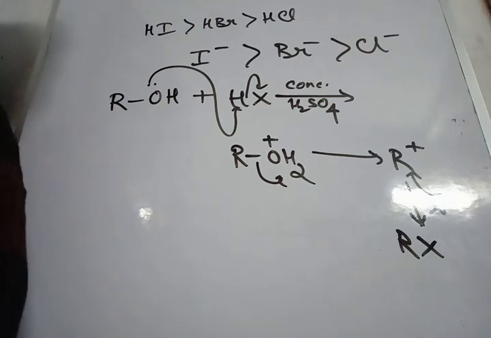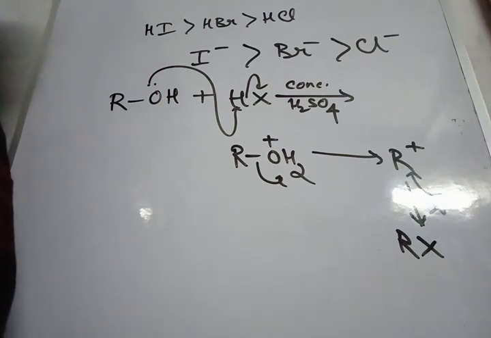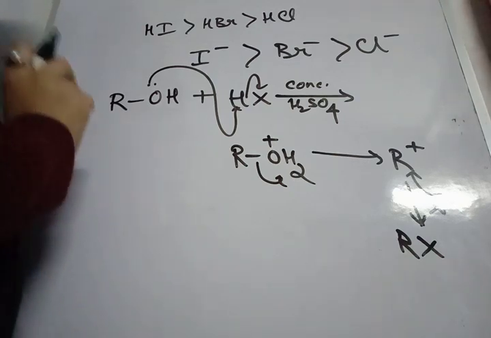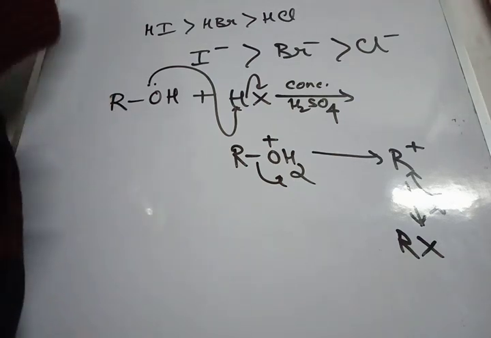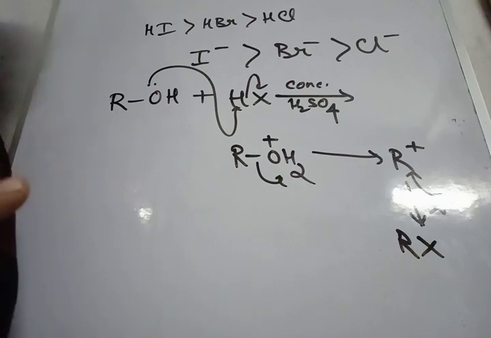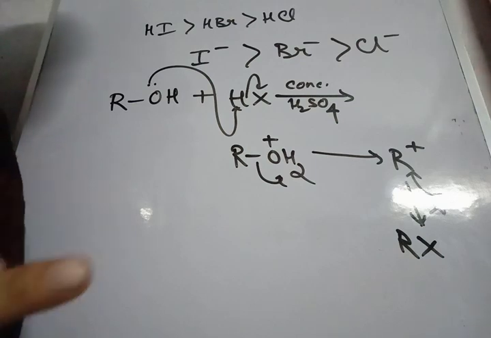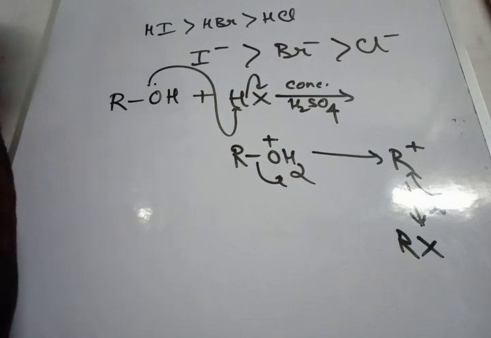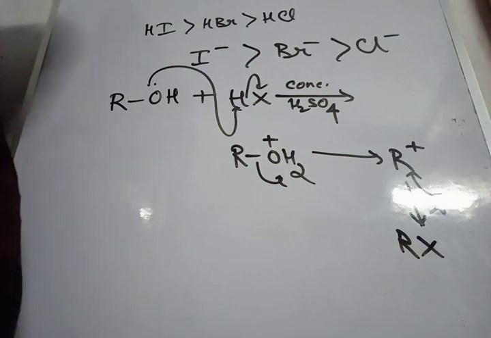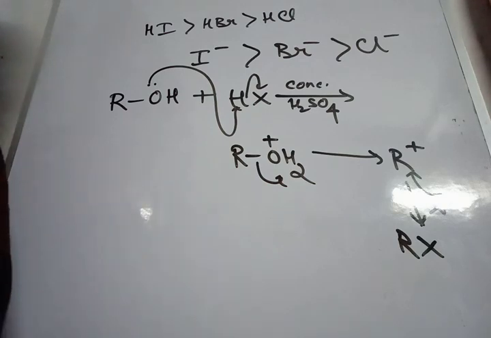Now one thing we need to know, generally the reaction proceeds via carbocation intermediate, but we need to know this, if R group is a primary alkyl group, then the reaction must proceed via SN2 mechanism. If R group is a tertiary alkyl group, then the reaction should proceed via SN1 mechanism. We know what is SN1 and SN2. SN1 is actually proceeding via the carbocation intermediate. It's a two-step mechanism. And if I talk about SN2, SN2 is usually one-step mechanism where backside attack is occurring.